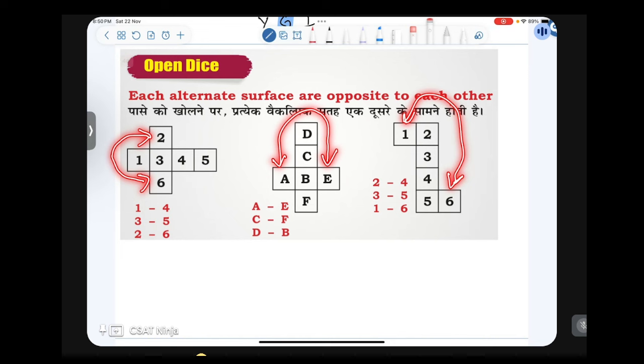After that, it is very easy. Alternately, they will be opposite to each other. This one will be opposite to this one. This one will be opposite to this one. Same thing. This one will be opposite to this one. This one will be opposite to this one. Like that, okay? Same thing goes for this one. This one will be opposite to this one. And this one will be opposite